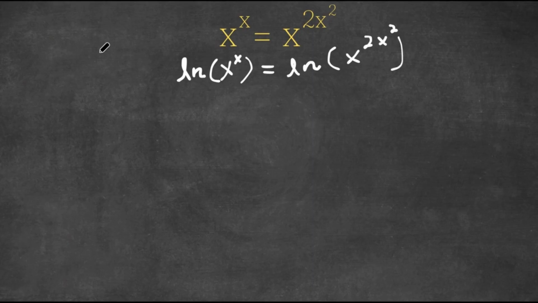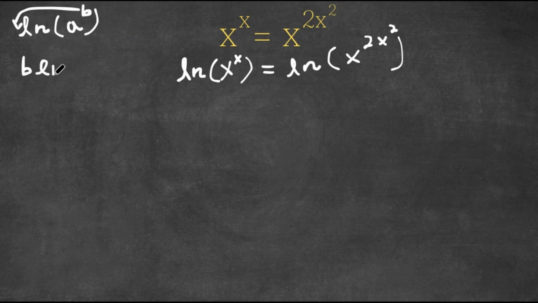Now, an important property of logarithms is that if we have something in the form ln of a to the power of b, we can actually move this exponent to the front. So this would be b times ln a. So this is exactly what I'm going to do to both of these. I'm going to move the exponent, which in this case is x and 2x squared, to the front of the logarithm. So now we have x times ln